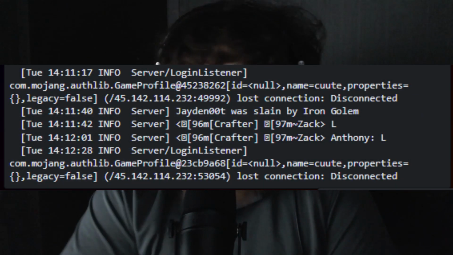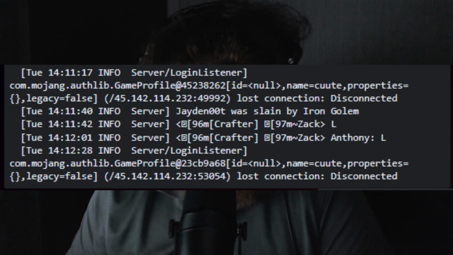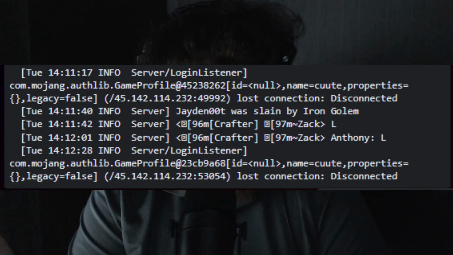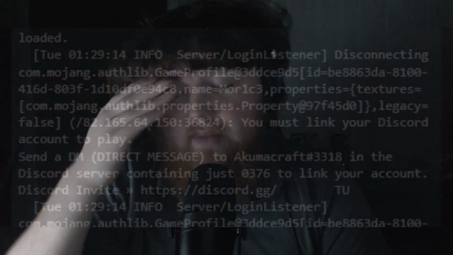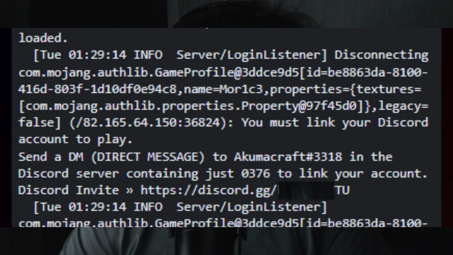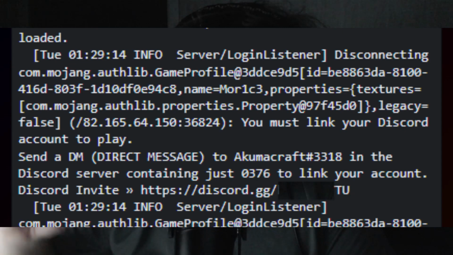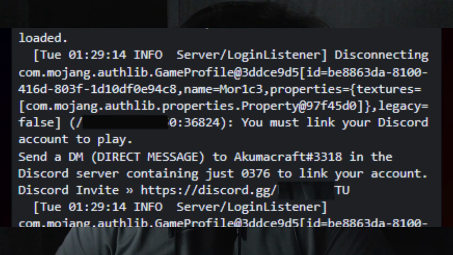They would join the server, but they'd never hit the screen that they get kicked at, because our server has Discord linking enabled. You have to join the server and link your account through the server, because that's our basic whitelisting. You have to know somebody to get into the server, and that's the way that it goes, right?